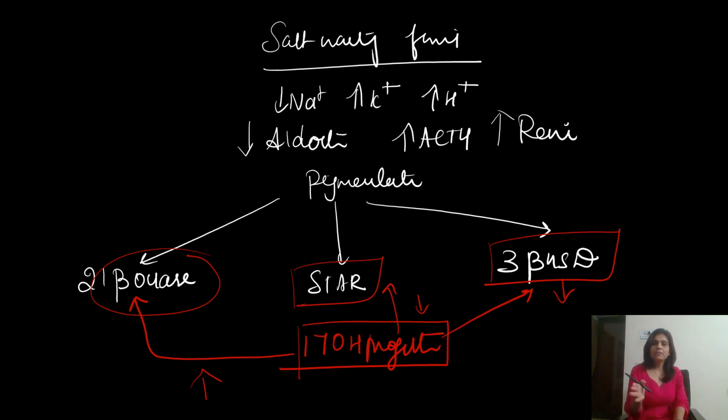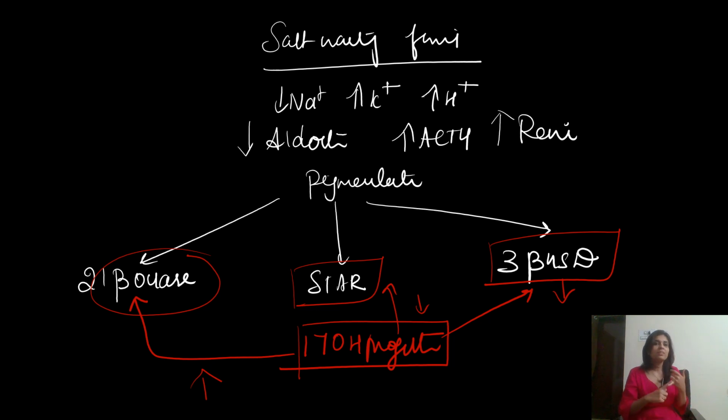And this is the basis of why we estimate 17-hydroxyprogesterone as one of the parameters in newborn screening programs, because we assume that the common congenital adrenal hyperplasia, 21-beta hydroxylase defect, would most commonly be the case. We just assume that, and we estimate 17-hydroxyprogesterone, and if that level is high, it is 21-beta hydroxylase defect. And that means we have to treat the newborn immediately with hydrocortisone.